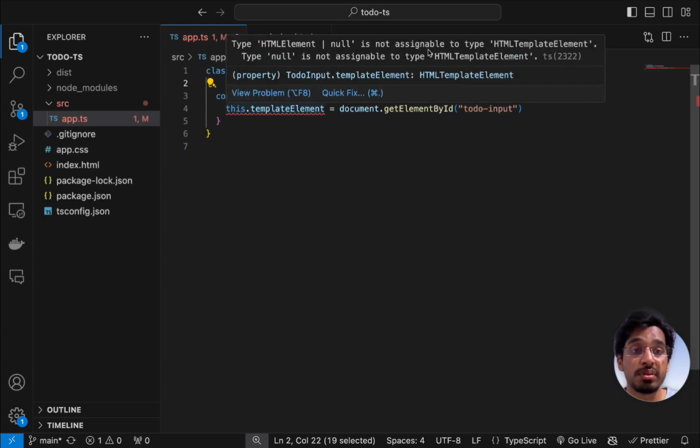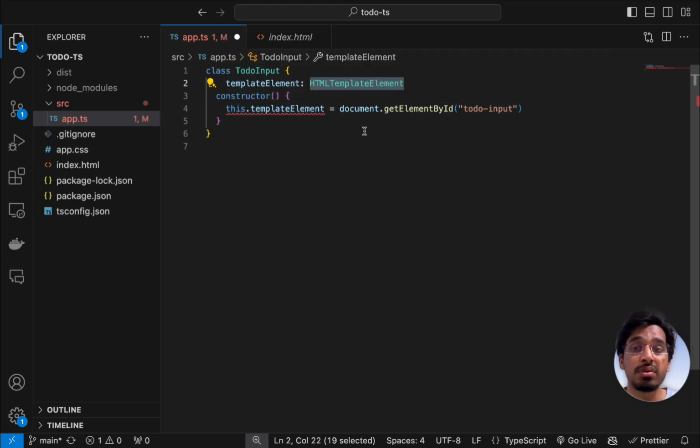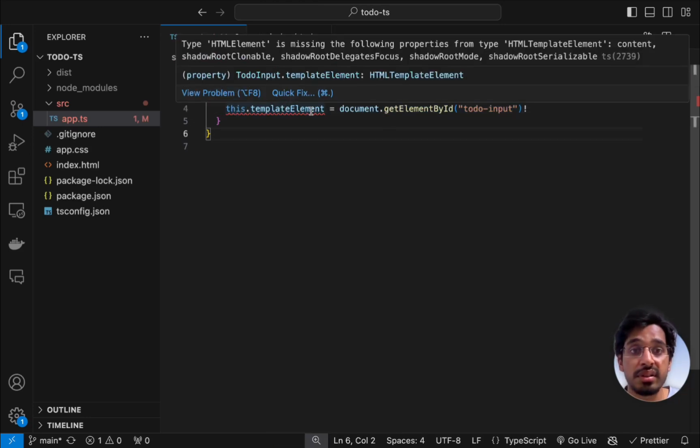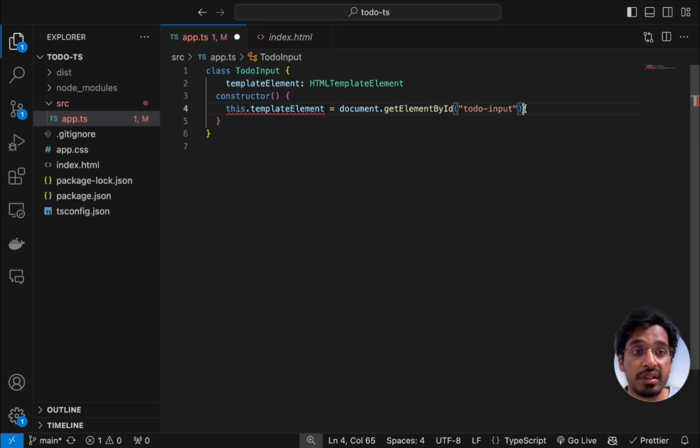saying that this could possibly be null. That's because TypeScript doesn't know what is there within your HTML file, whether this particular template tag is even there. So we can just tell TypeScript not to worry about this by providing an exclamation mark, or if you want, you can also put an if check over here, checking if that first exists and then running this particular line of code. Since I already added the exclamation mark,